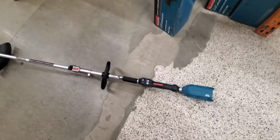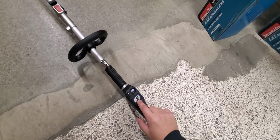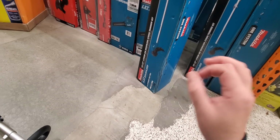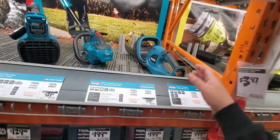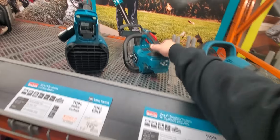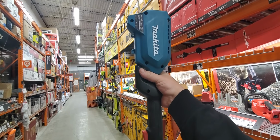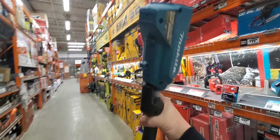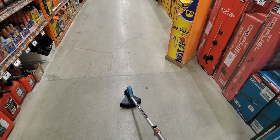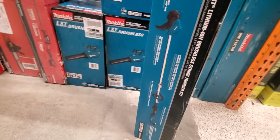This one has a couple different speeds. It also has that reverse button, just like their new hedge trimmer. Hedge trimmer wise, no doubt, the Makita has the best hedge trimmer, but it's not this one. This one, although it's very light, is not their brushless. And here's that chainsaw. We spent a lot on this outdoor section; we're going to move over to the tools here. Look how small this motor is. You just got to clip a battery on there. It's not bad, guys, but again, the issue with it is I believe this only has...